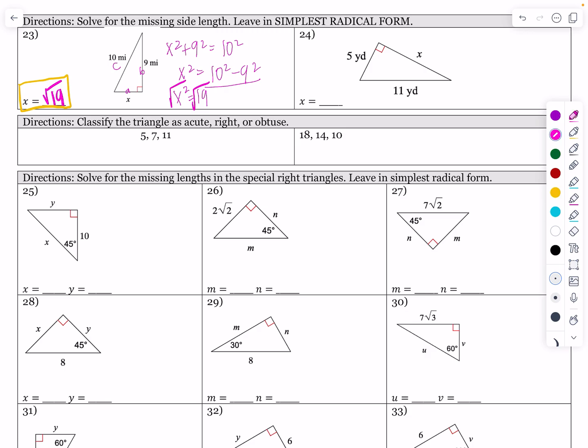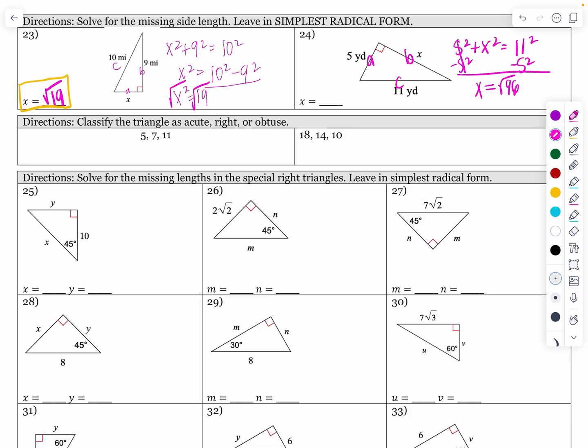All right, so this next one, I've got a right triangle. So here's A, B, and C. Of course, my answer should be less than 11. So I'm going to go 5 squared plus x squared equals 11 squared. Again, we're trying to use that calculator a lot more this unit and quickly. This becomes fast, so x ends up being equal to, you're going to type that in, 11 squared, that entire expression. So it's going to be 11 squared minus 5 squared, which is going to be the square root of 96